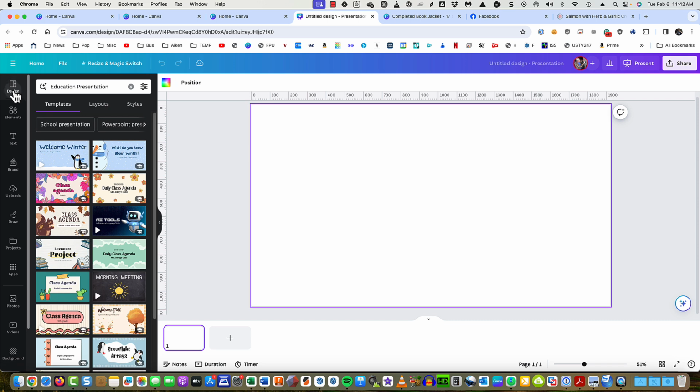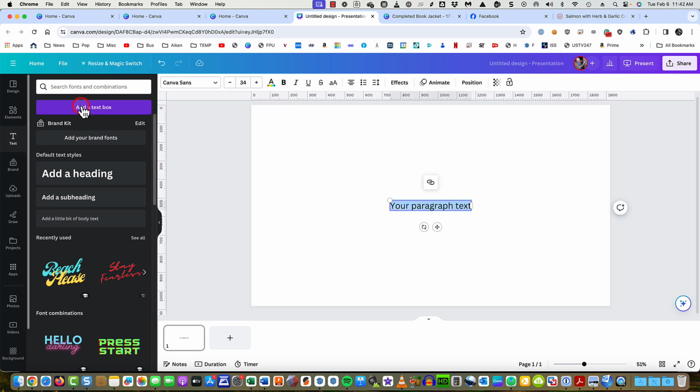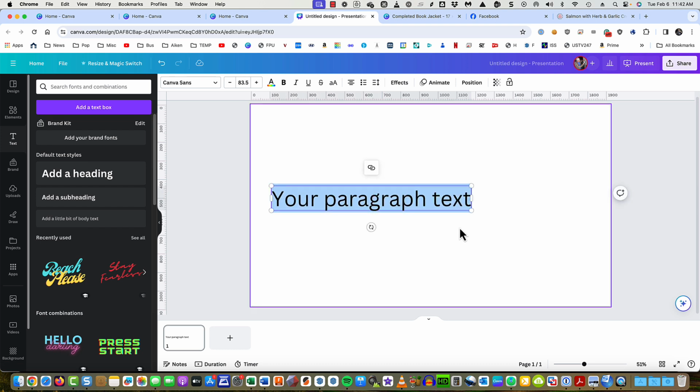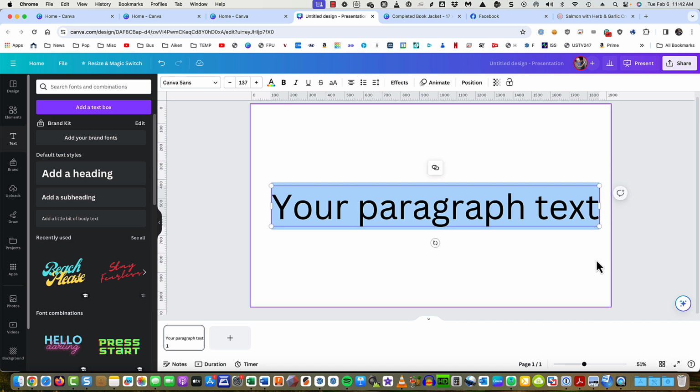So go ahead and create text. We just go over to the left menu bar, select text, and add a text box. And of course you can go ahead and have that say anything you want. We'll just go ahead and expand this out. And notice how the actual text got larger, resized it for us to fill up this text box, which is